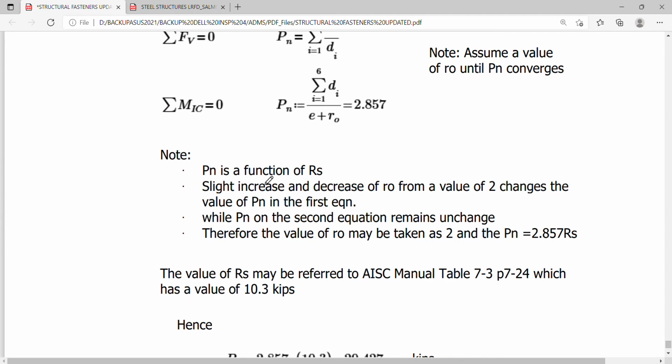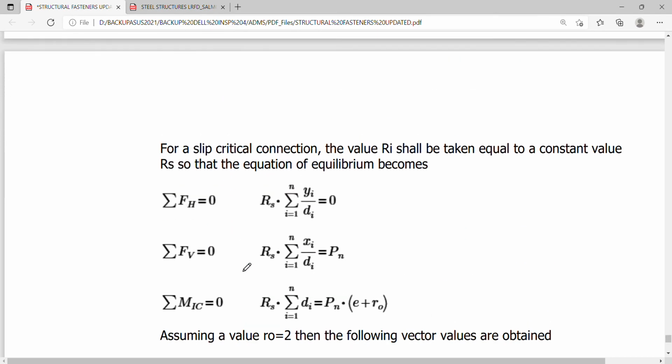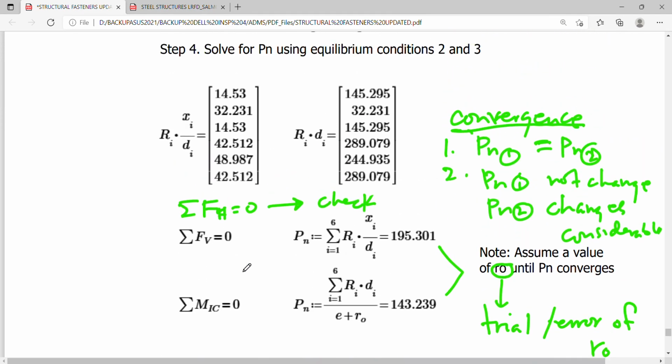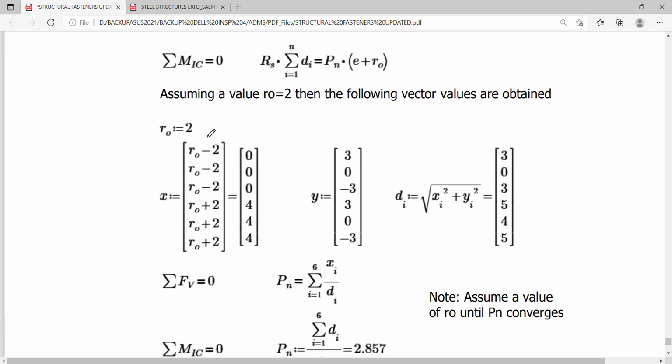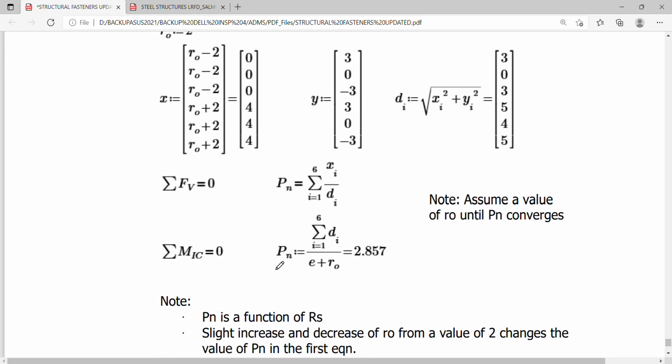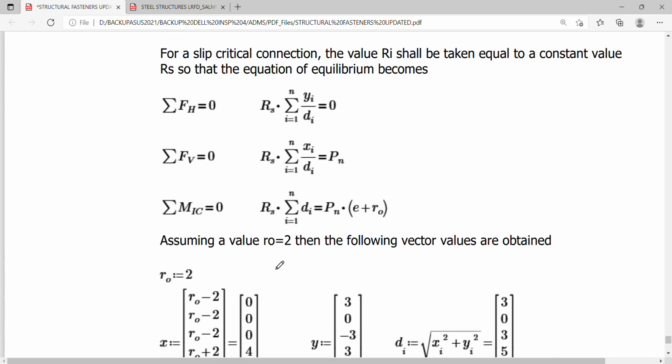Okay, so I have not placed the equation there, but you can actually refer to the AISC manual Table 7-3 to come up with a value of Rs. So the procedure is just the same. The only difference is that instead of having an Ri, we have an Rs here. So we just plot the data again using MathCAD and make a trial and error solution for Ro such that convergence will be met. Okay, so the only difference again is that in this particular equation,